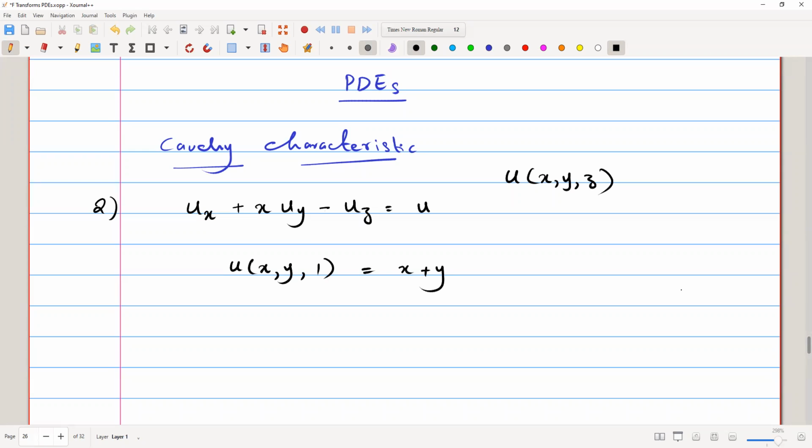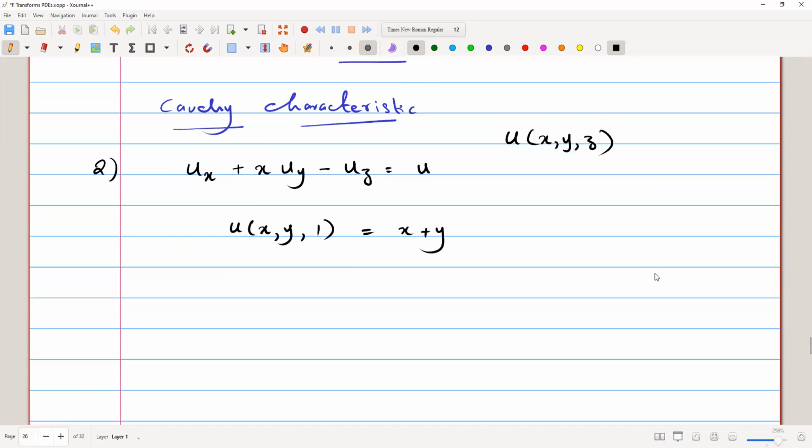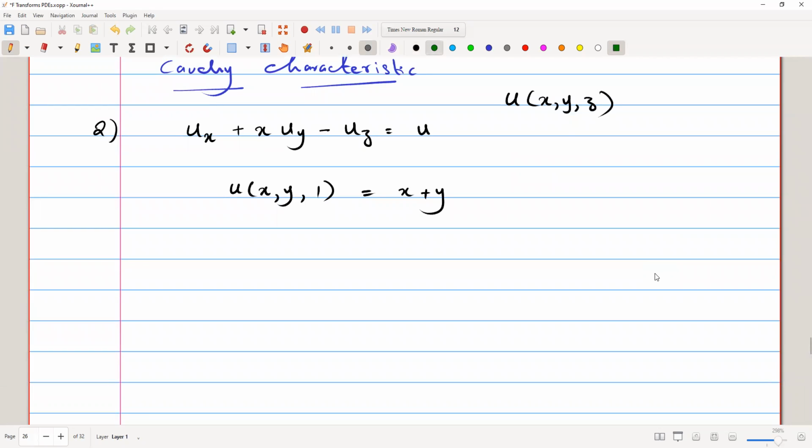Now we are going to deal with this problem in a similar manner. First of all, we construct the Lagrange form for this problem. So we have dx over 1 equals dy over x equals dz over -1, and this is equal to du over u. So we actually have four fractions. Therefore we can take any of the pairs, but we have to see which pairs are separable and easily